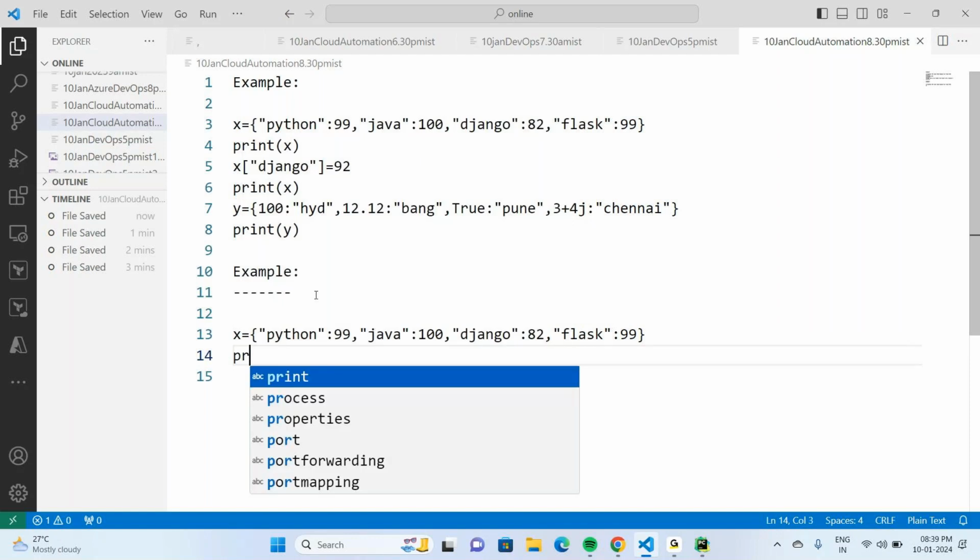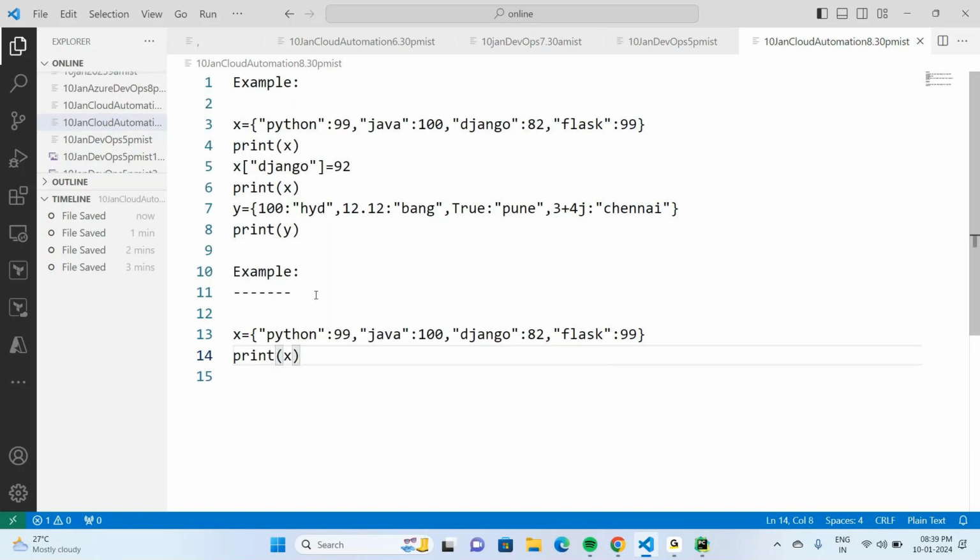Print x, and when I say print x of Python,